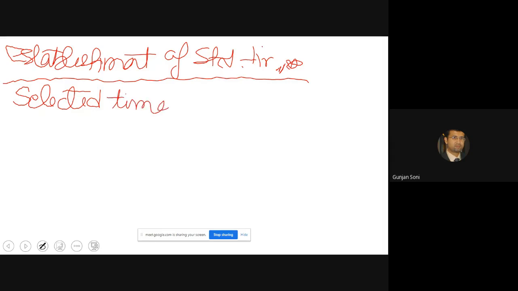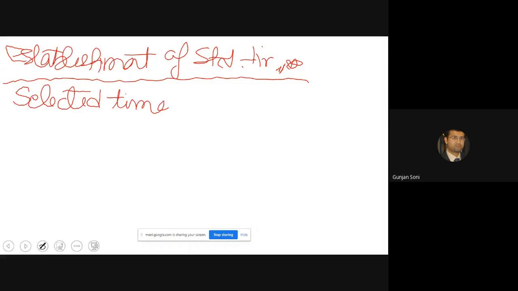It is a time chosen as being representative of a group of times for an element or group of elements. So we want to represent multiple elements together which form an activity, or a single element, with a time called selected time.